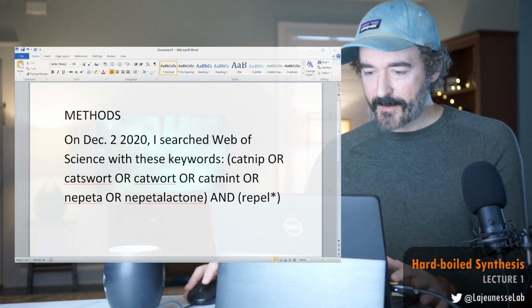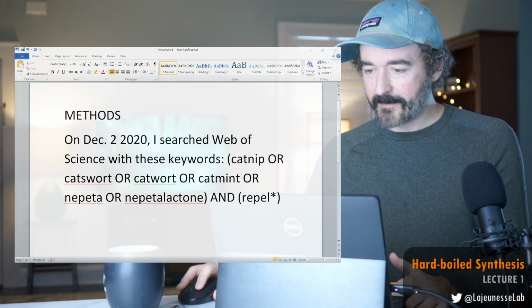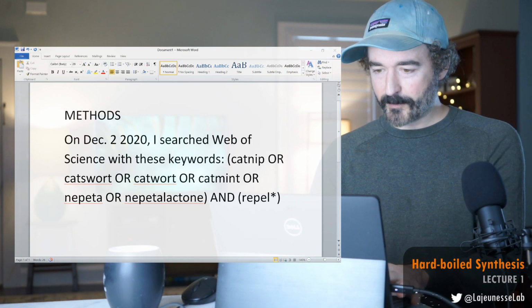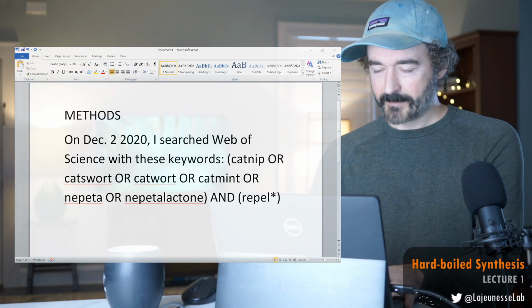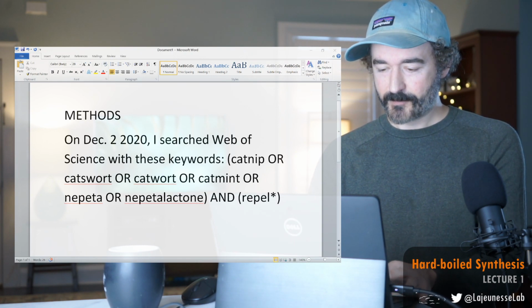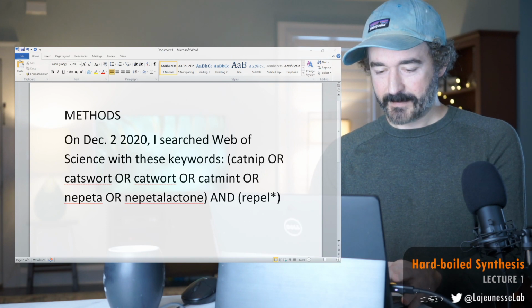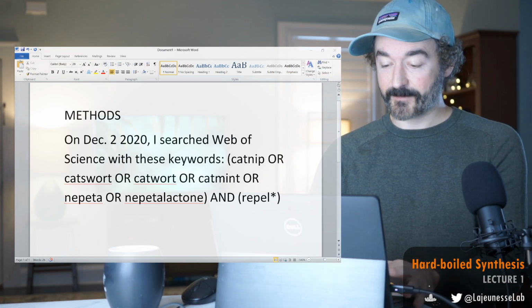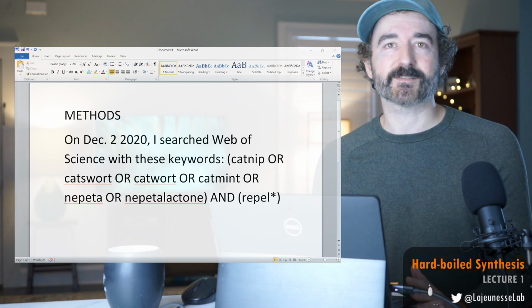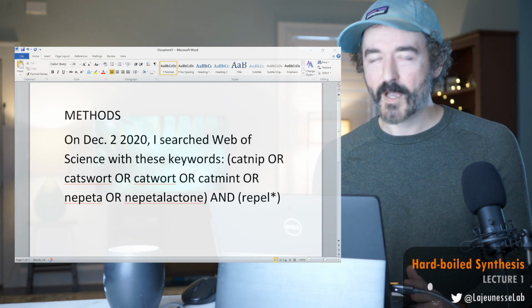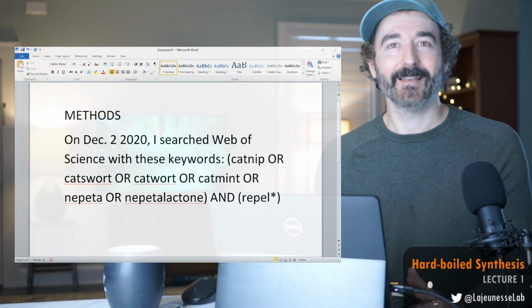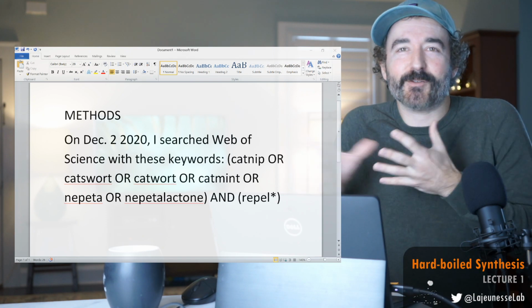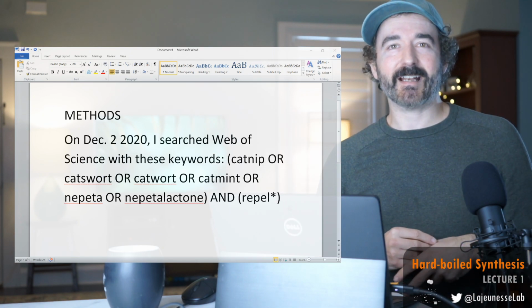I'm going to add another one where I poorly kept track of database details. Web of Science is a goofy place to find studies, mostly because you don't really quite know what databases they're searching.